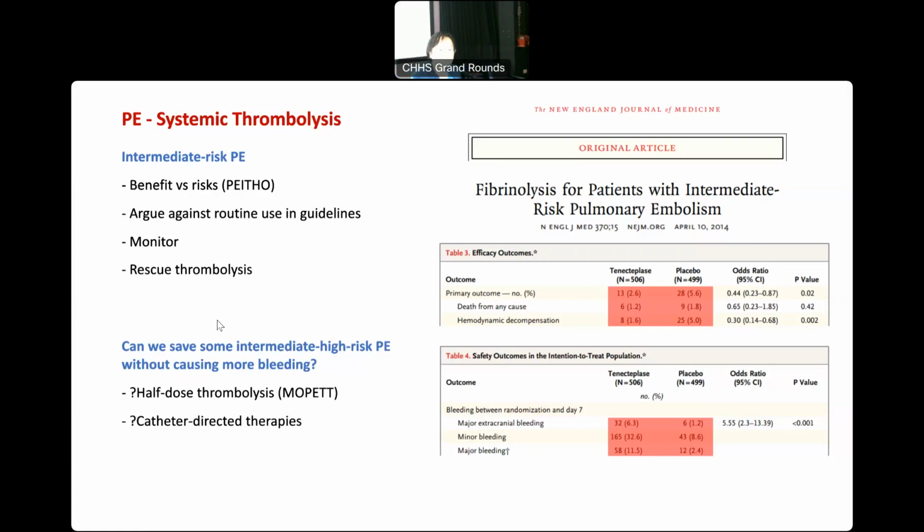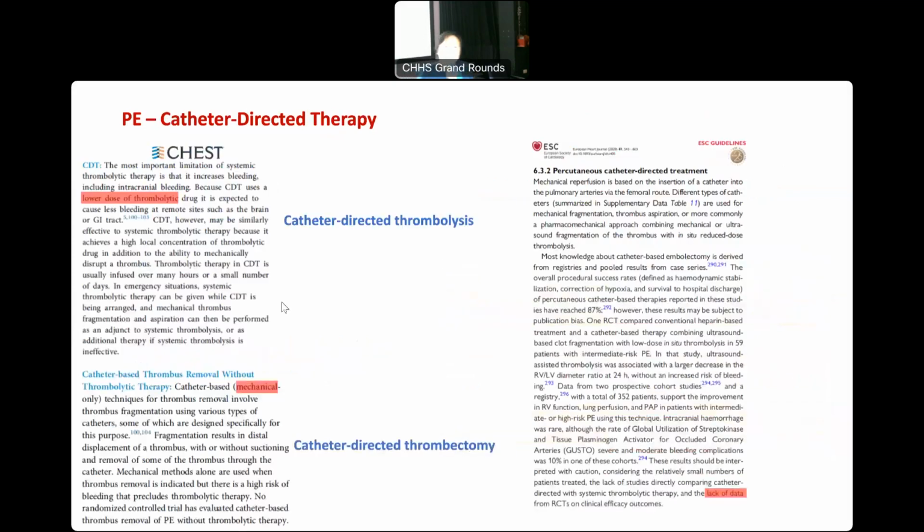So there's a study going in two directions. One is, can we have a safer method, for example half the dose? And the second is, can we have a different intervention to stop them from deteriorating? Let's talk about catheter-directed therapy. It's not new. If you read this guideline, it already mentioned in the past catheter-directed thrombolysis, catheter-directed thrombectomy, and so on. However, clearly they were saying there's a lack of high-level evidence. Therefore, if you